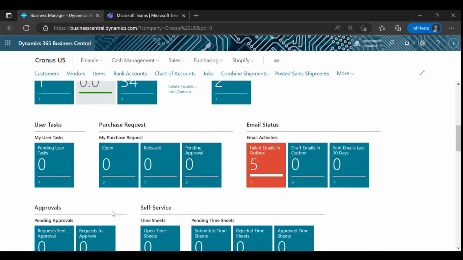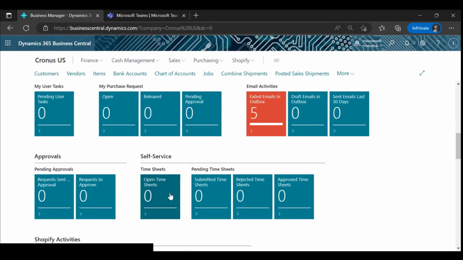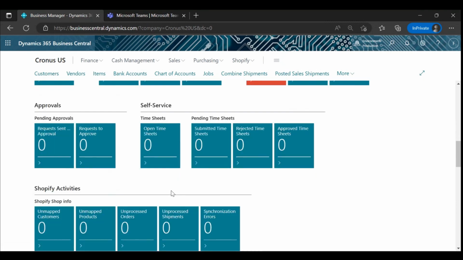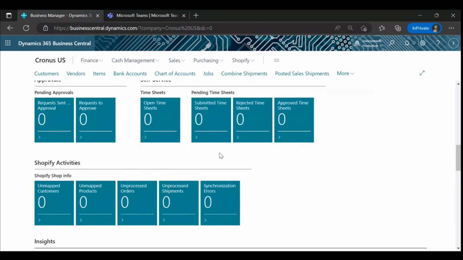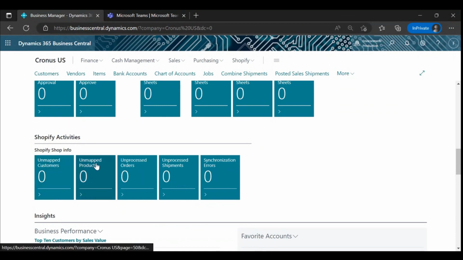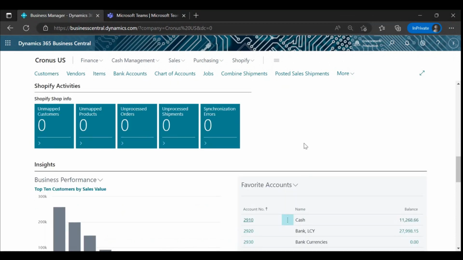If any user task is assigned to you, you can check it here. As we covered, there is workflow functionality where a document is assigned to you and you can approve it. That goes right here. Then you have timesheets and their details, and Shopify activities that you can track from this window itself.